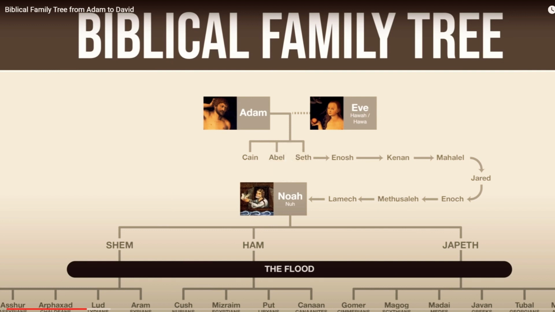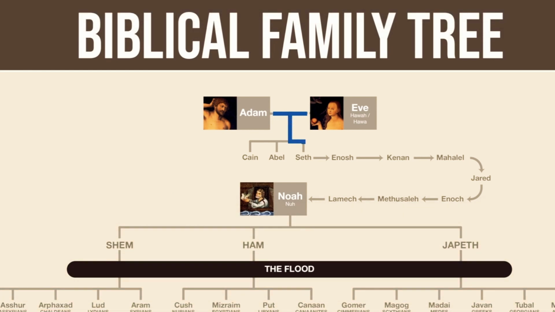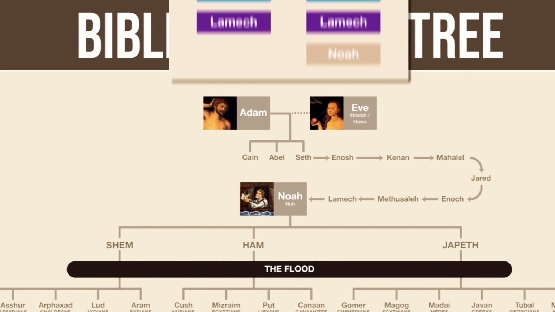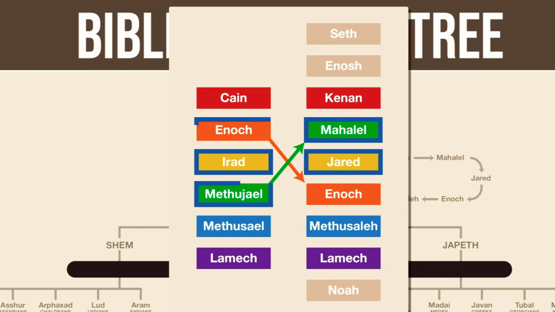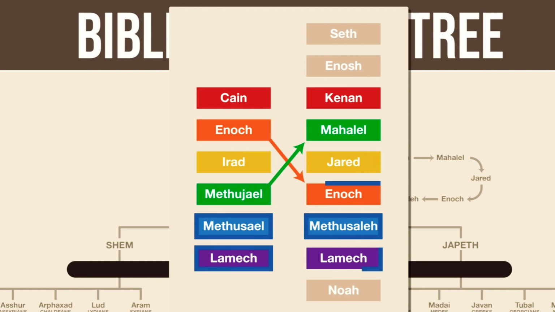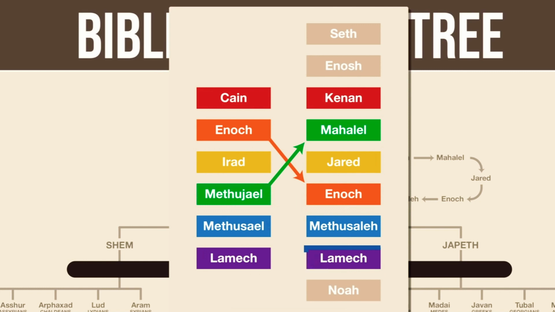Interesting. Anyway, Adam and Eve went on to have a third son named Seth, as well as a bunch of other children. It is from Seth's line that we eventually get the next major character in the Bible, Noah. Yes. But before I go on, I want to point out that both Cain's line and Seth's line are recorded in the Bible and that they have some interesting similarities. Both contain a series of 6 names that are almost identical, except for one small swap and several alternate spellings.